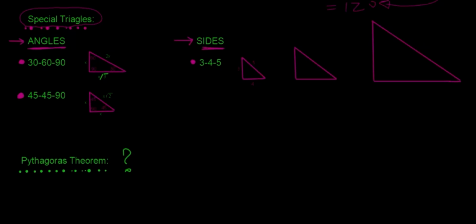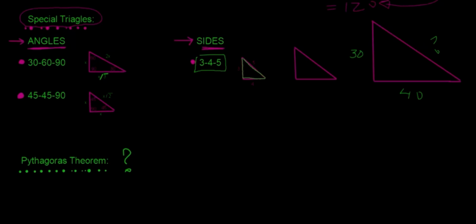Let's take a look at the sides first, that's easier. If I take a look at this one here, I know that this side is 3, it's a given, that side is 4, and that side is 5. So basically this 3, 4, 5 triangle is a special triangle. So the minute you see, let's say, a 30, 40, and something triangle,